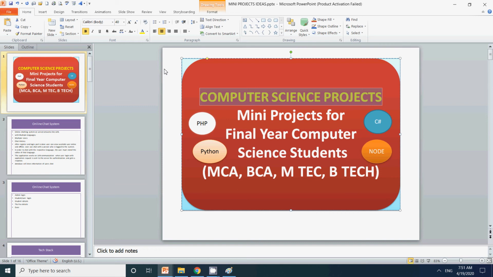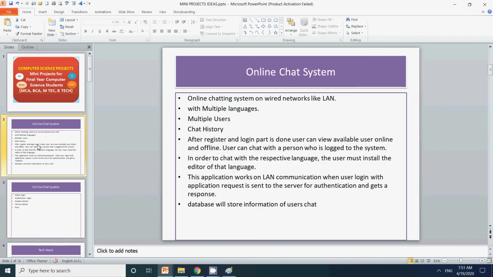So friends, this new computer science project topic is for an online system. So we will say that it will be an online chat system. So we'll be discussing how you can make this online chat system secure, what all modules are there, how you can make a chat history, and how it will support these. So these are the different functionalities of an online chat system. So you can create this chat system from scratch.